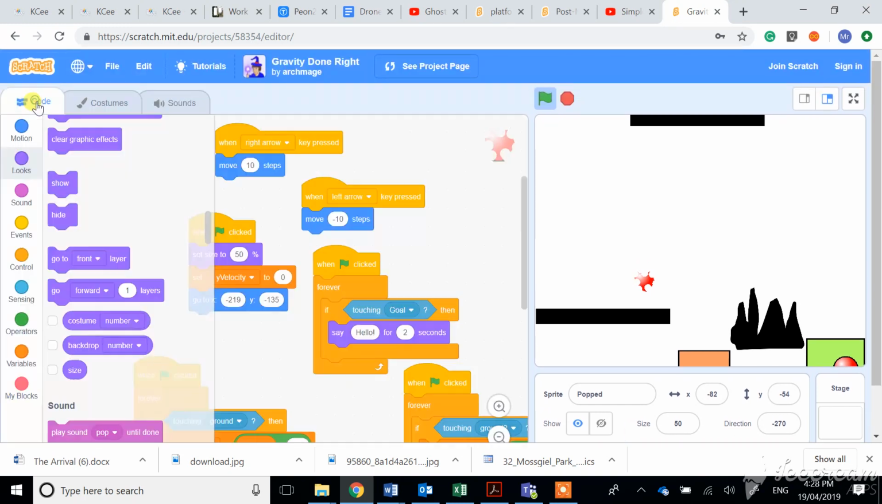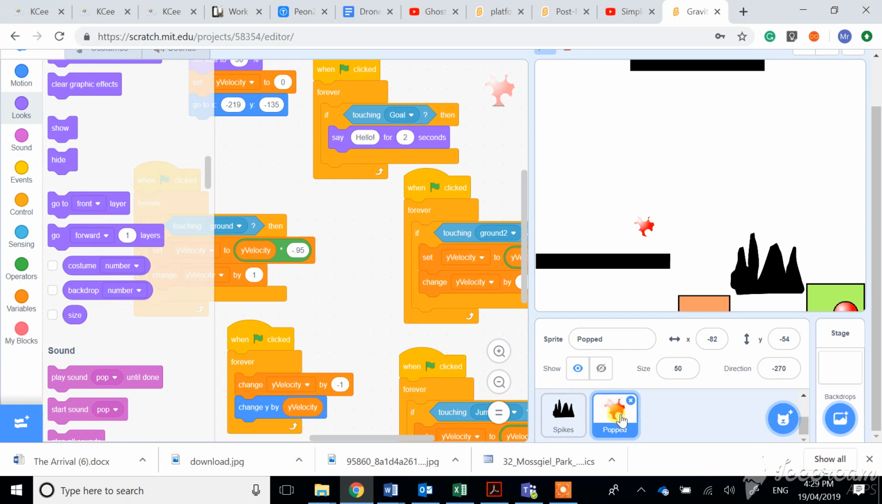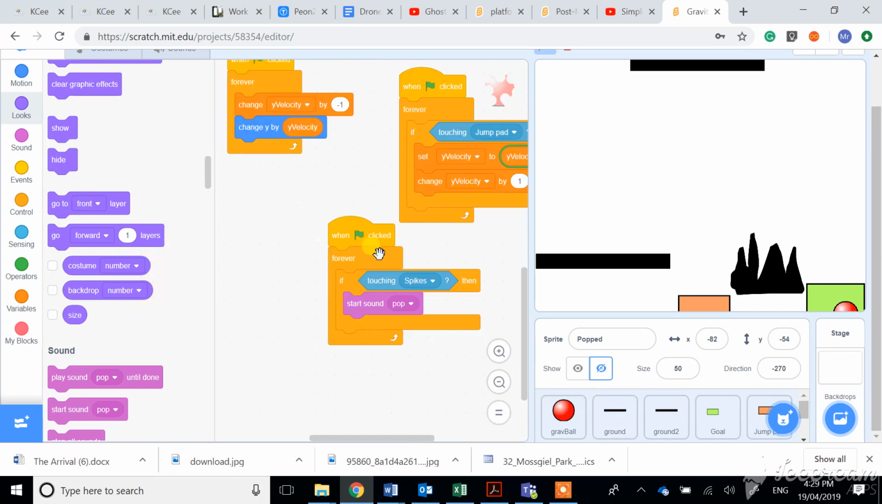We'll go back to code. We don't want to show this at the moment, so we will hide this popped sprite with this show and hide button just here. And we'll say, where was it? Here we go. When green flag clicked,